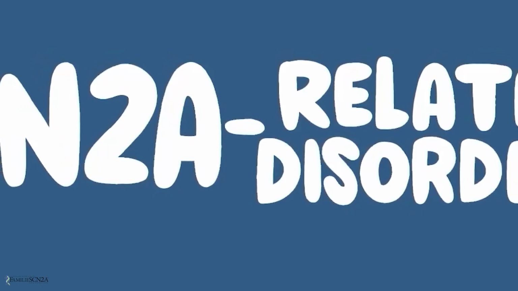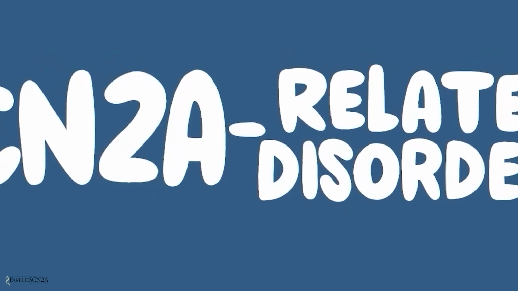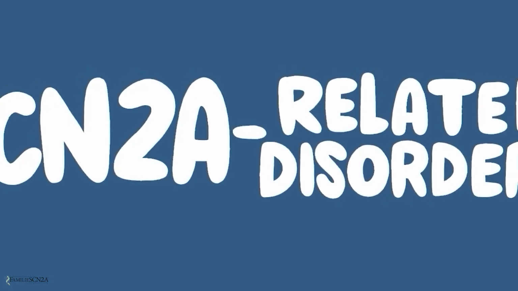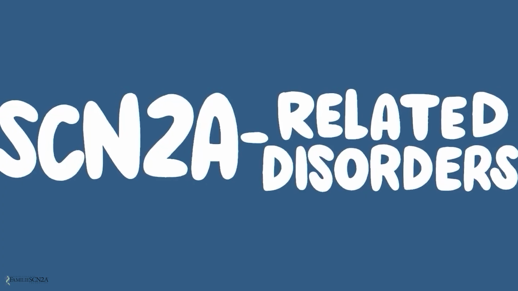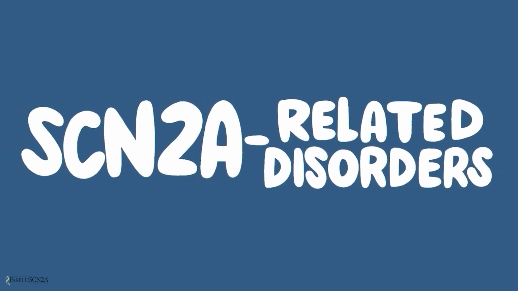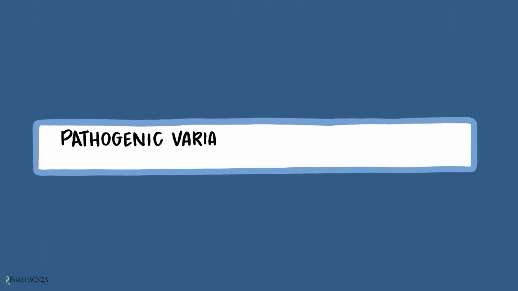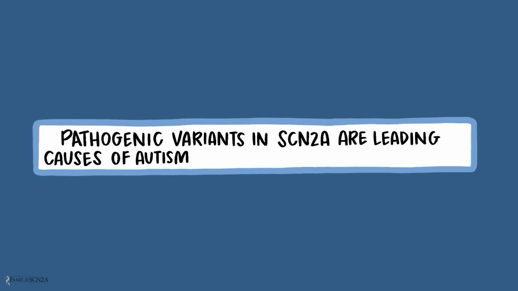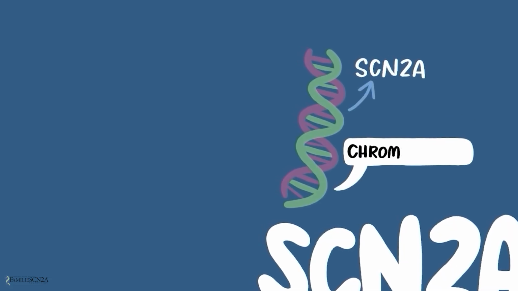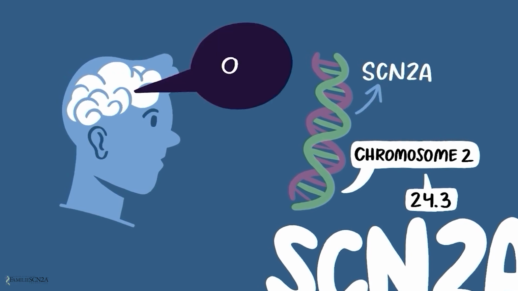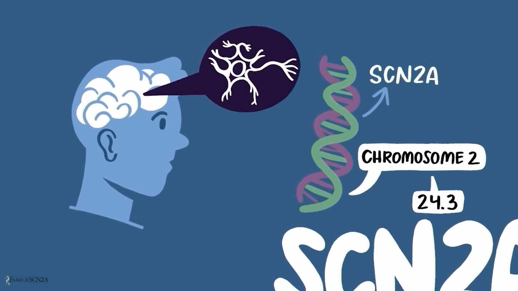SCN2A-related disorders are a group of neurodevelopmental conditions caused by pathogenic variants in the gene SCN2A that alter neuronal function. SCN2A plays a particularly important role during early brain development, when neuronal networks are being established and refined. Pathogenic variants in SCN2A have been identified as a leading cause of autism spectrum disorder, or ASD, intellectual disability, or ID, and epilepsy. The SCN2A gene resides on the long arm of chromosome 2 at position 24.3 and encodes the